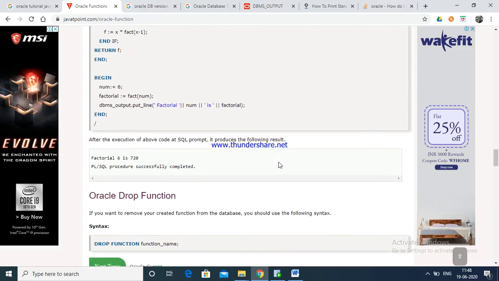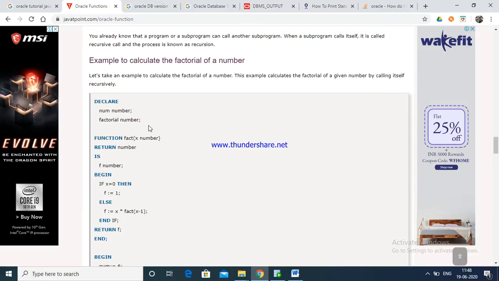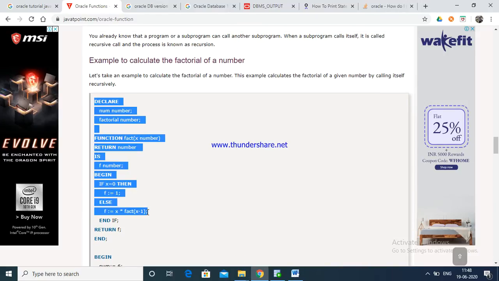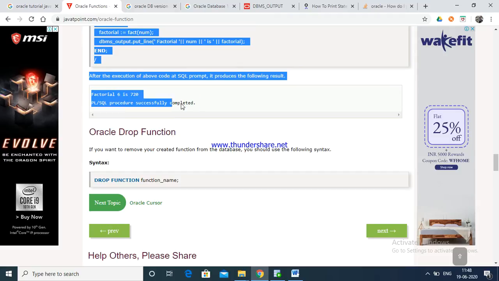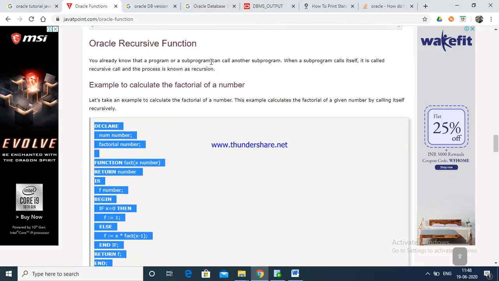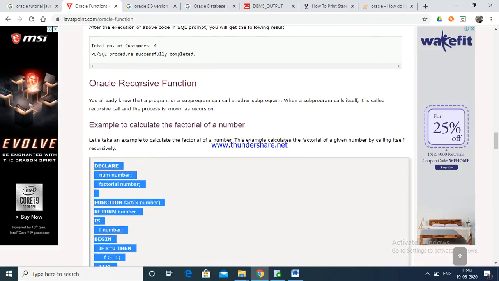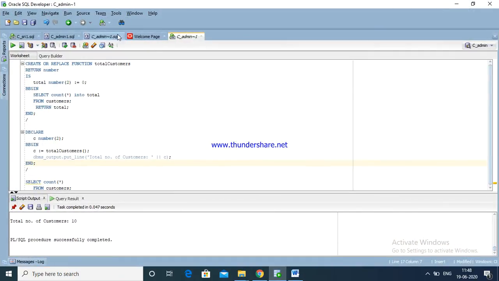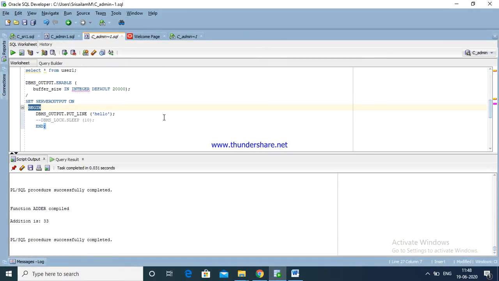This is the recursive function: inside the declare we have a function also. Now we are going to discuss the recursive function.